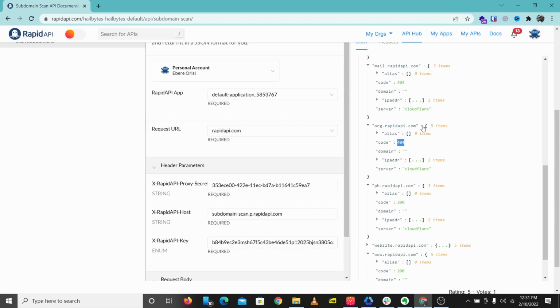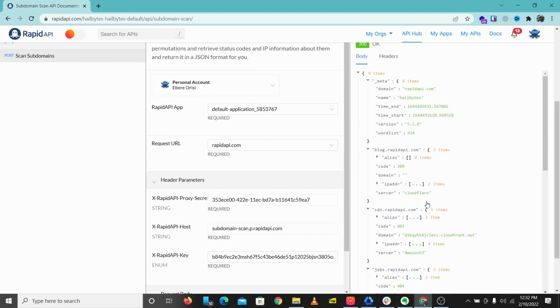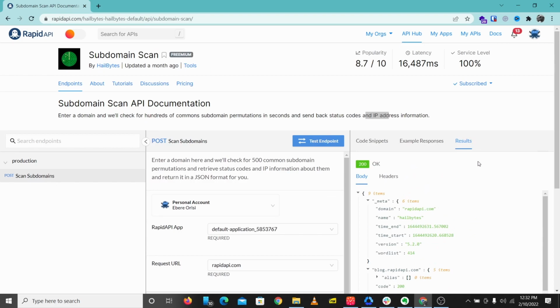So if you are doing security tests or bug bounty hunting, you can easily know your targets and know which targets to prioritize when checking for vulnerabilities in a website, for example. So this is a very cool tool you can use to check for subdomains. You can easily implement this tool in your own process as a penetration tester or a security investigator.